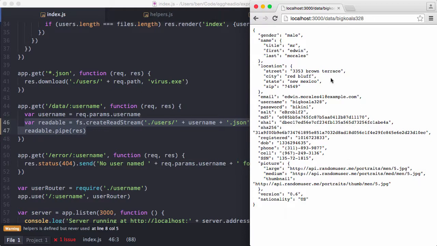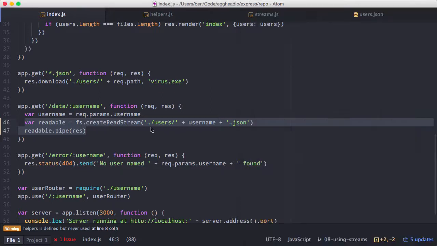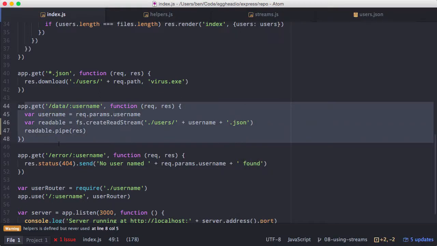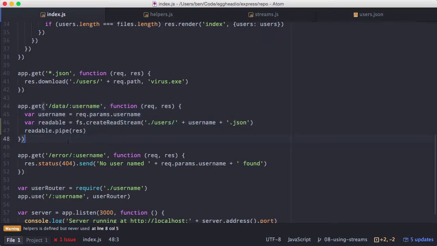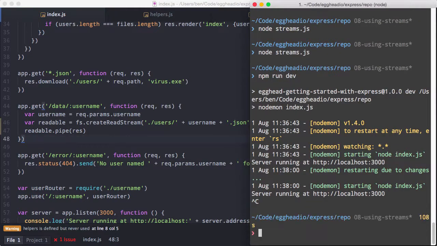So the fact that it's formatted in the file reflects in the browser. And so in one to two lines of code, we have a route that no longer blocks and pipes the same information to the browser. Now that's a very simple and straightforward use case, but you can also do some other really cool things with